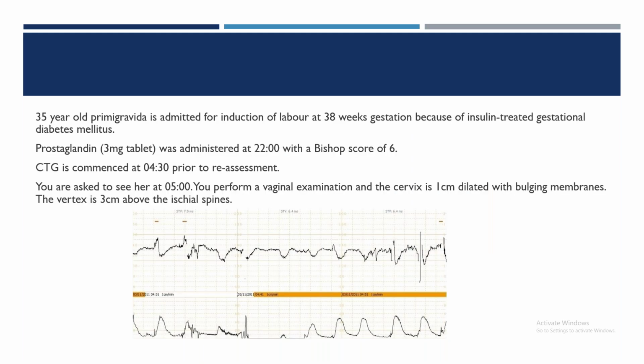Ma'am, I just wanted to ask how exactly to calculate the variability, whether it is 5 or 3 or 2. Now, you don't have to calculate exactly. You just see whether it is less than 5 or more than 5, or absent. If it is a straight line with no oscillations and no change in amplitude, you can see it is less than 5. There is no need to count exactly whether it is 2 or 3.